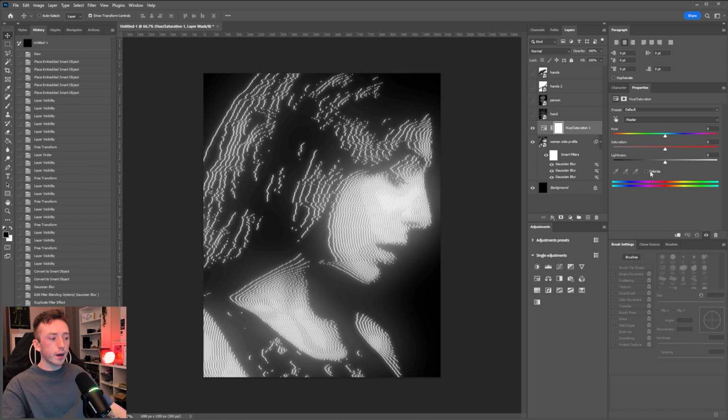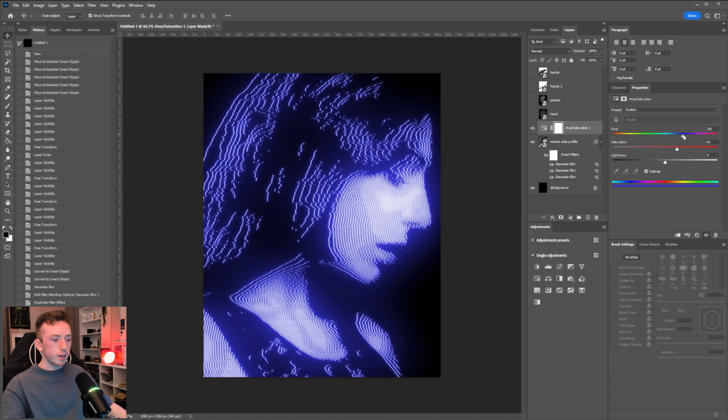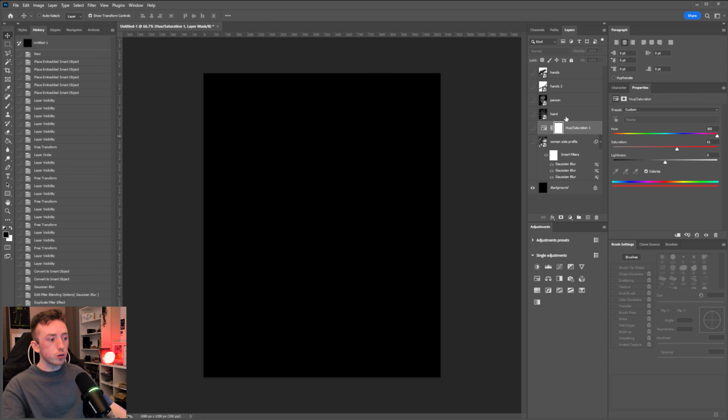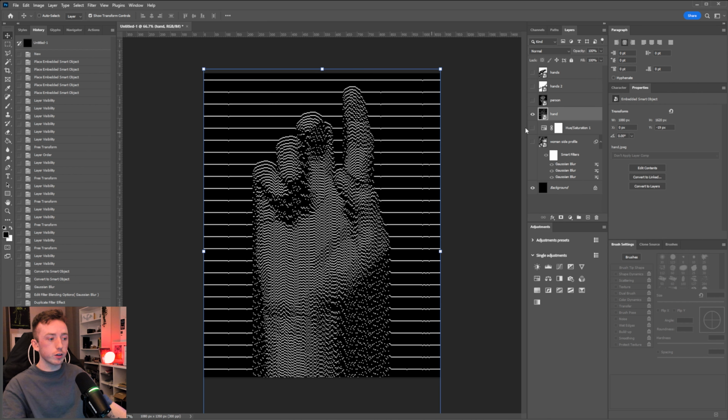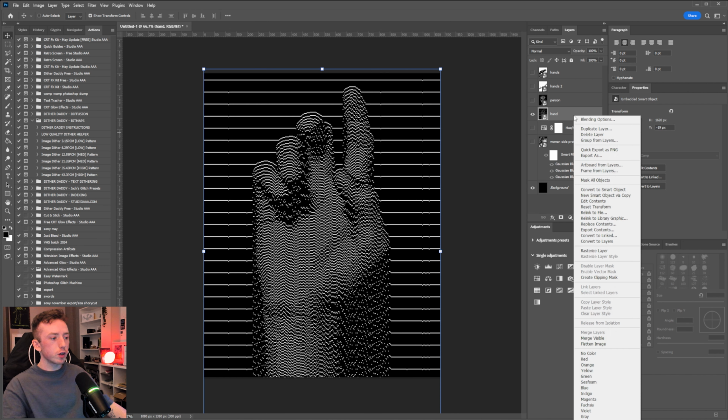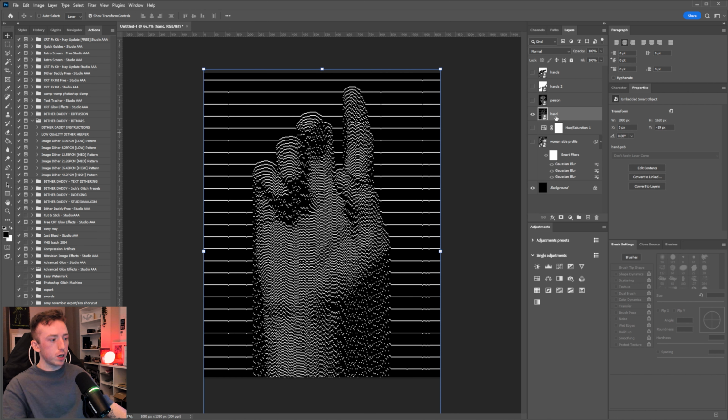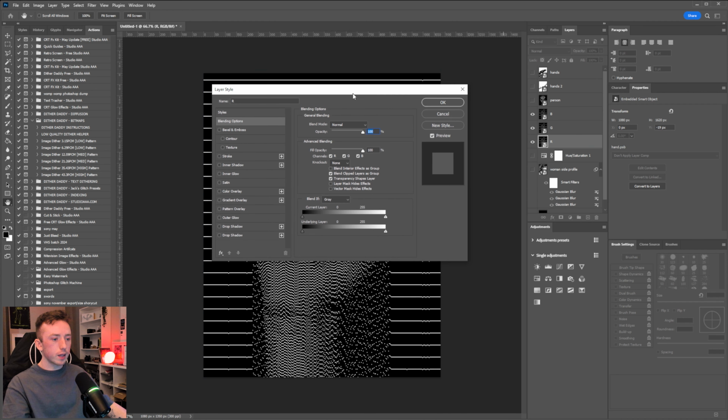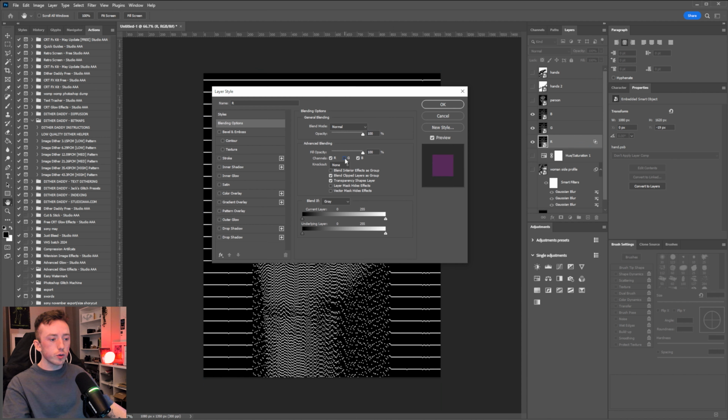You can then add a hue and saturation and start to add some color if you like. I didn't want to just show one option here, so here's another effect you can get if I do this on the hand. Again, just convert to smart object, even if it's already a smart object, double click and name the hand R, then duplicate that, name it G, and duplicate that and name it B. Then on your R layer, right click and go to blending options, and you'll get the layer styles menu, and just untick G and